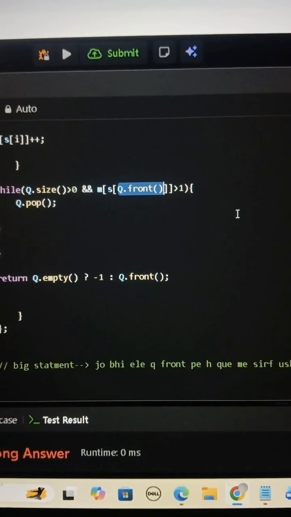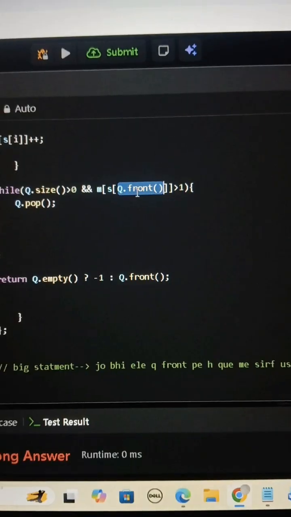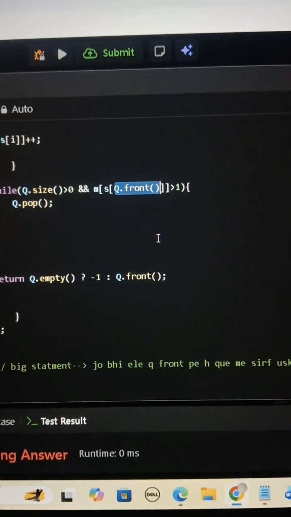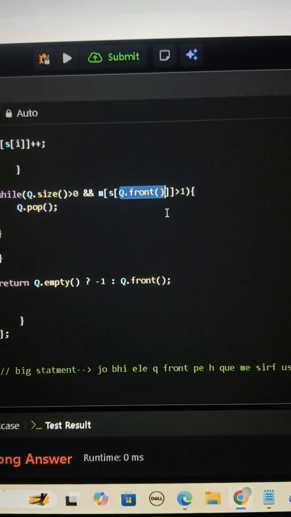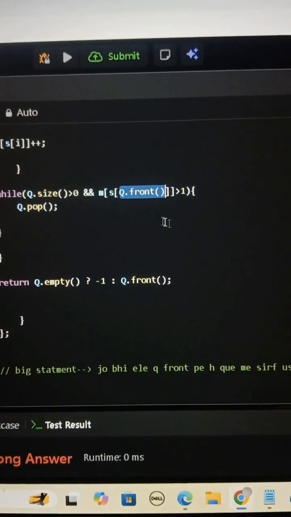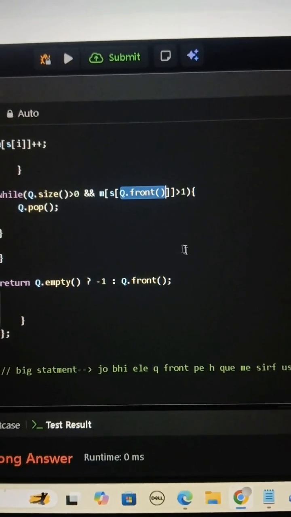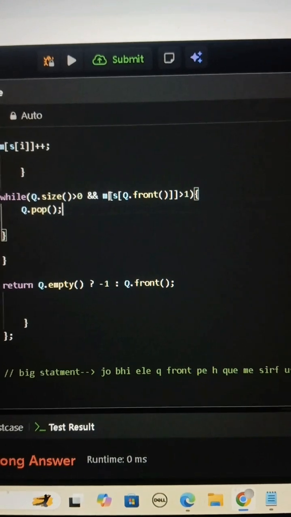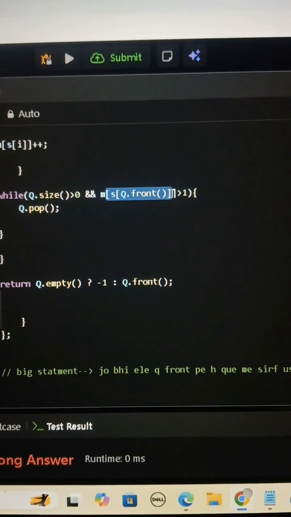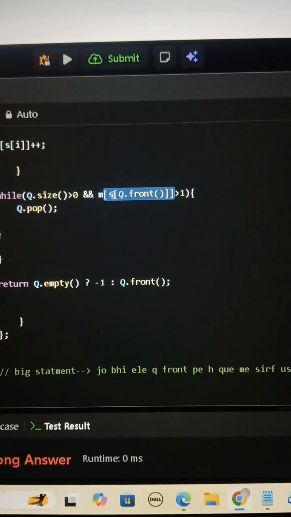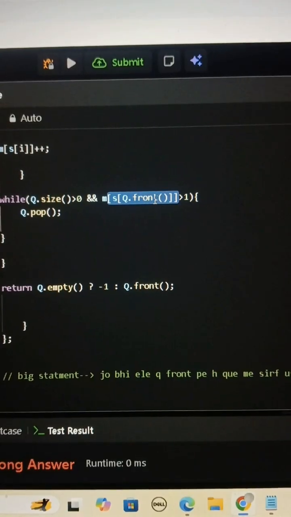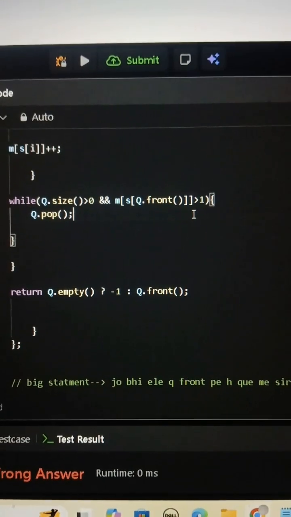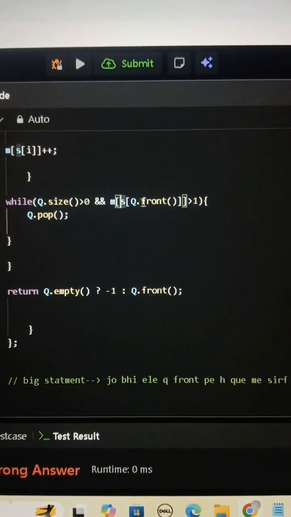We are doing its s[] means we are getting its index from the string of that character which is appearing at the front of our queue, and we are doing its m[] of this thing. Means we are checking the frequency of this character